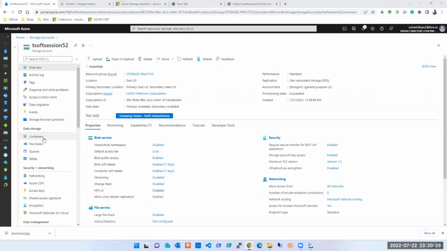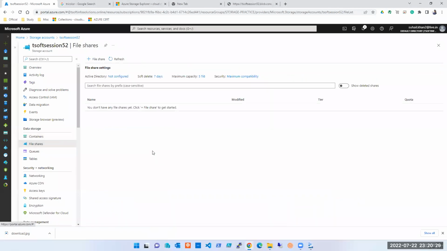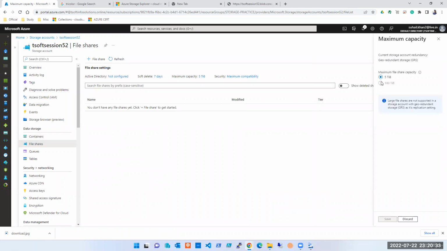So this is what container is. Post container we have file share. This is exactly like a shared folder. Shared folder जो आपके ऑफिसेस वगैरह में होता है,